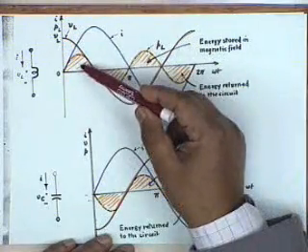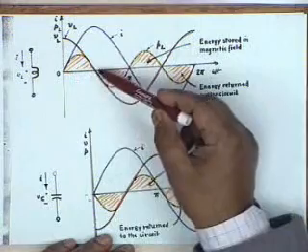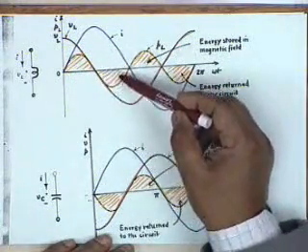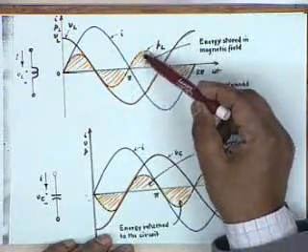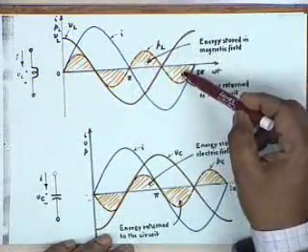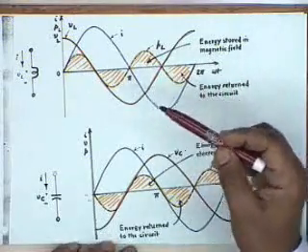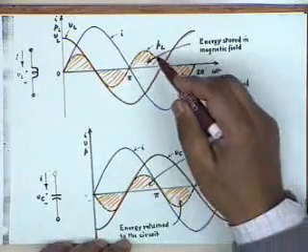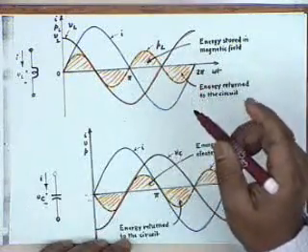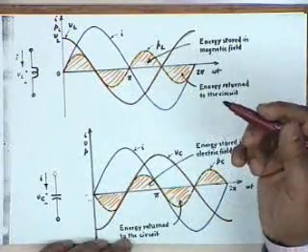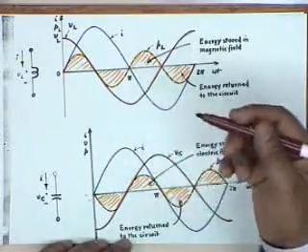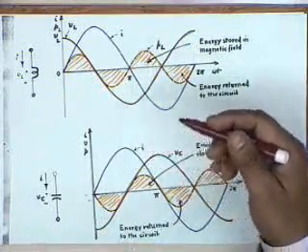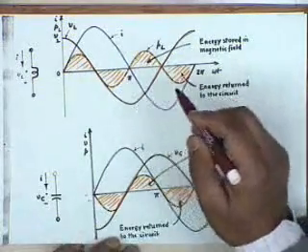So it is positive here, 1/4 of a cycle. The next quarter, the current is positive, voltage is negative, and therefore the power is negative. Similarly, the next quarter, the power is positive, and so on. Alright. Now, what it means is, you see the power is also sinusoidal. The power is also sinusoidal with a frequency which is equal to twice the frequency of the current or voltage. Is that clear? The frequency is twice that of the current or voltage, which means that if I take average